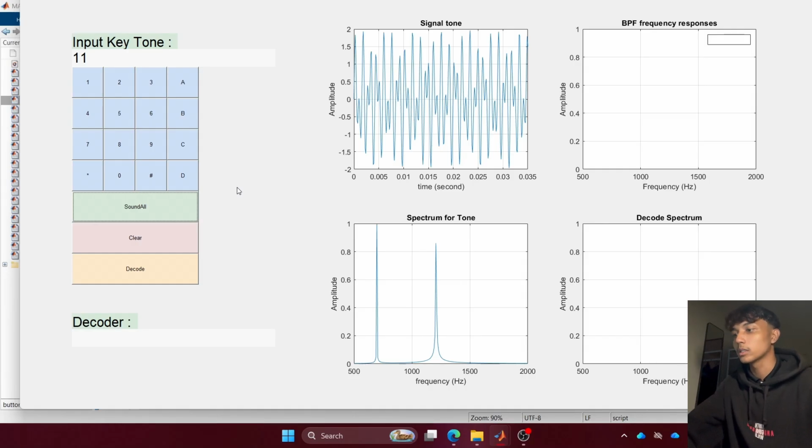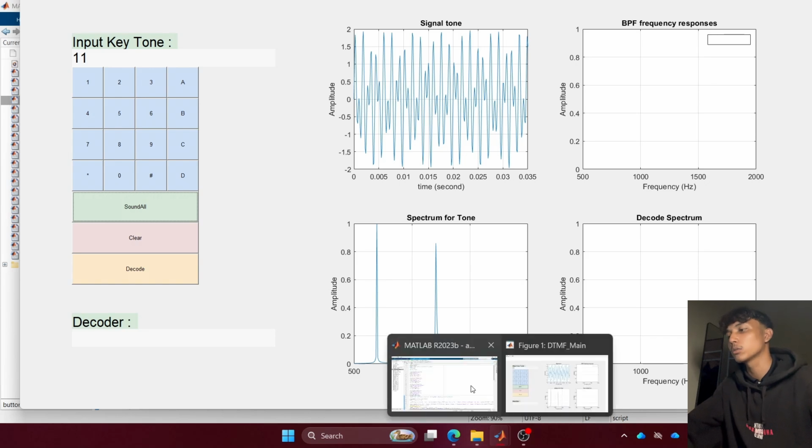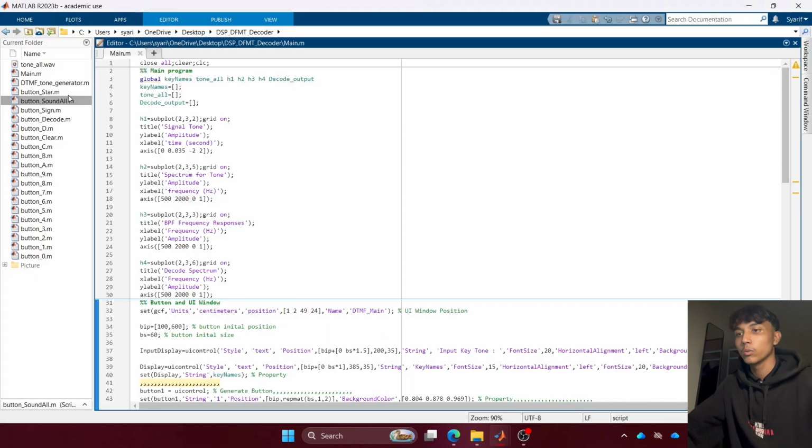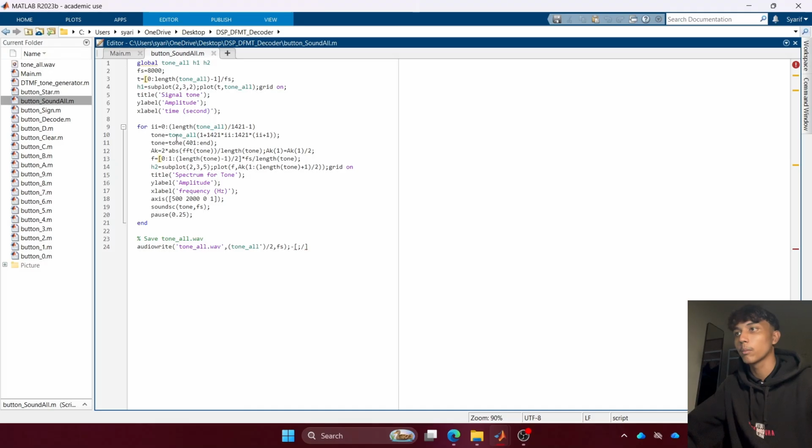To clean out the transient clicking noise or key bounce distortion, we use the command tone equals tone 400 to n. This command trims off the first 400 samples of each block.